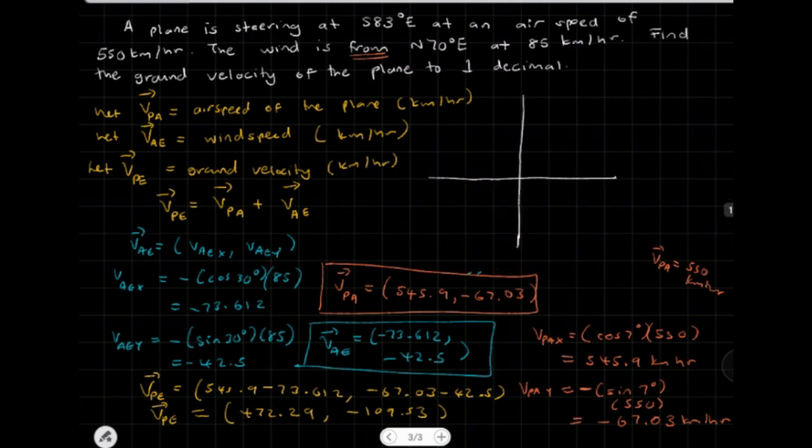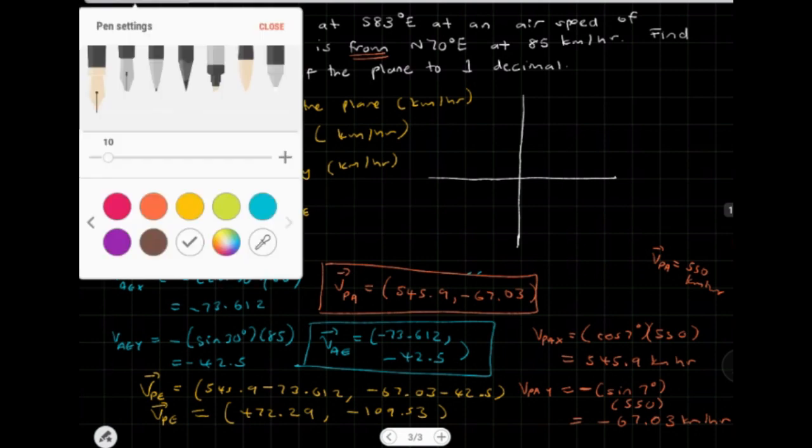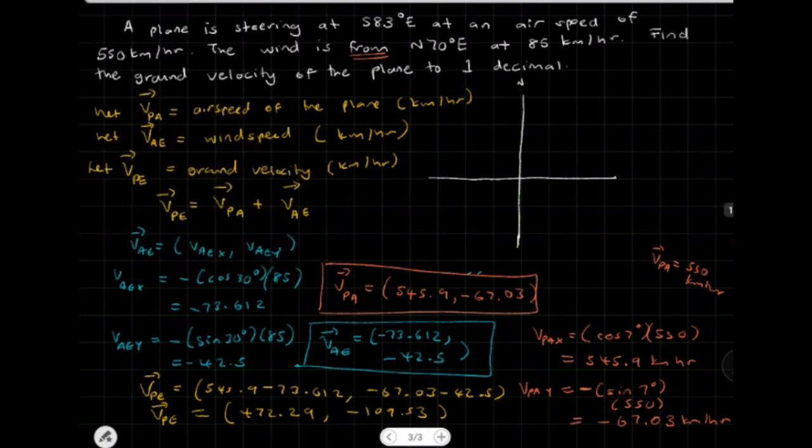I can notice here that the x component of my resultant velocity, or my ground velocity, is going to be in the positive quadrant, right? So if we're looking back on our Cartesian plane, which is also equivalent to the Cartesian rows, north, east, south, west, right? This is positive y, this is positive x, this is negative x, this is negative y. We can notice that this first portion here just represents